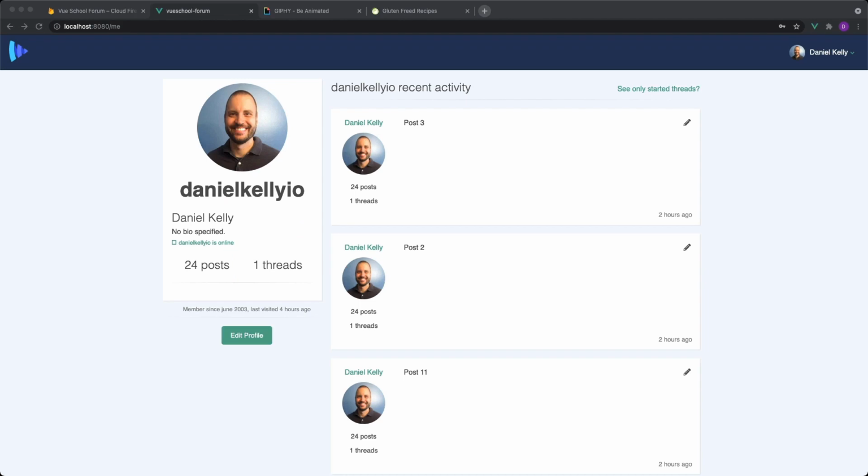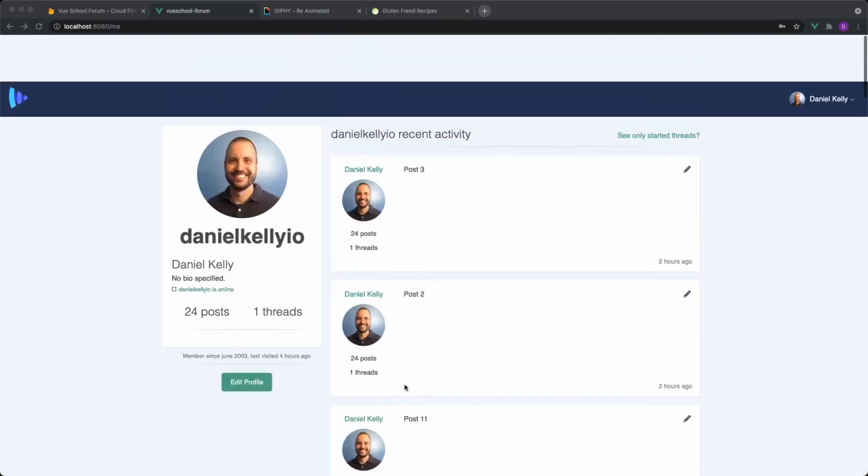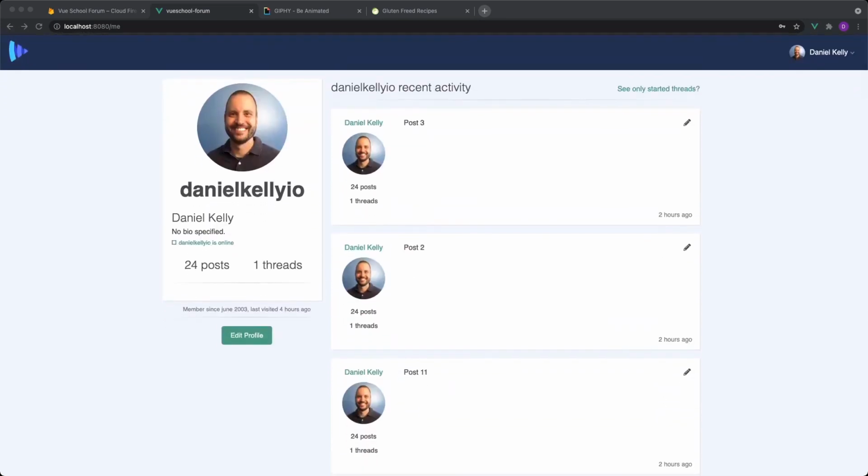Right now, on the user profile page, we are fetching every single post the user has ever posted. On our test application, it's not that big of a deal because we have a limited number of test posts. However, in a real-world application, depending on how active the user is on the forum, this could be hundreds or even thousands of posts. Loading in all these posts at one time is not practical, as it would cause ever-increasing performance issues. So, let's paginate them.